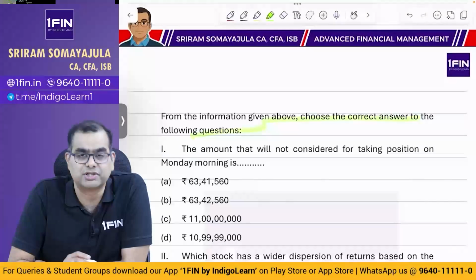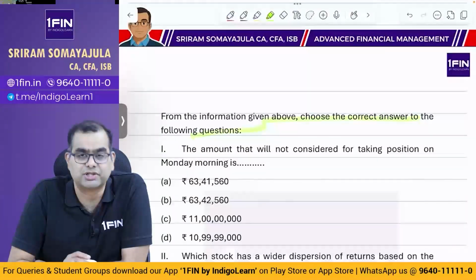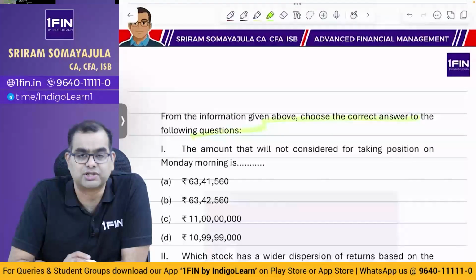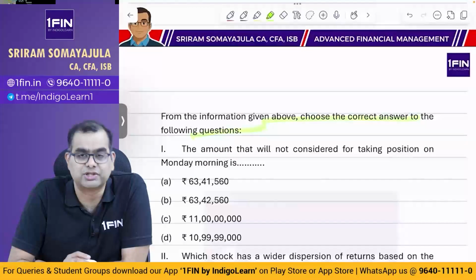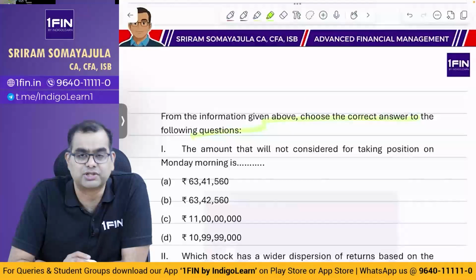And the purchase price of the latest truck is 5,50,000. The resale value of used truck is as follows: 1 year, 2 years, 3 years. Running and maintenance expenses excluding depreciation. So basically the only cash flows are: you have 30,000 per year for road taxes. Then petrol and maintenance is 3 lakh, 3 lakh 50 and 4 lakh 30. If you add both of these, you get 3.3, 3.8 and 4.8. Using opportunity cost of capital of 10%, you are required to determine the optimal replacement period for the truck.